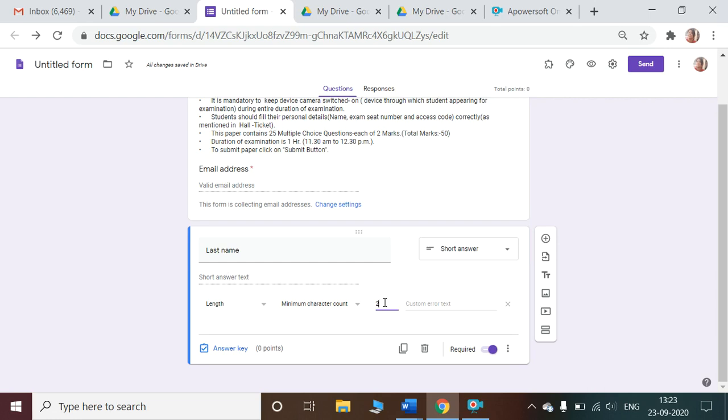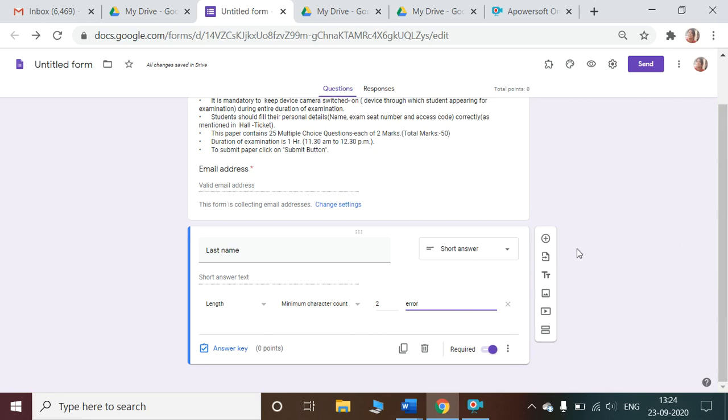Maybe in a hurry or maybe by mistake the student doesn't enter his full name, he just enters 1 alphabet or 2 alphabets, then it will pop up a message. So I'll again show this. I went to length, then minimum character count 2, and then we can give any error message which we want. So enter the full name or whatsoever. Okay, so this is done.